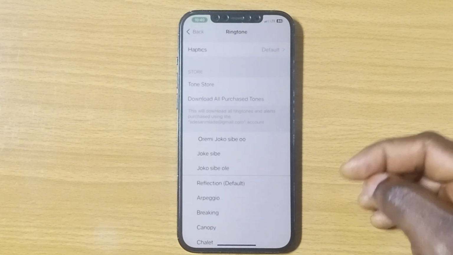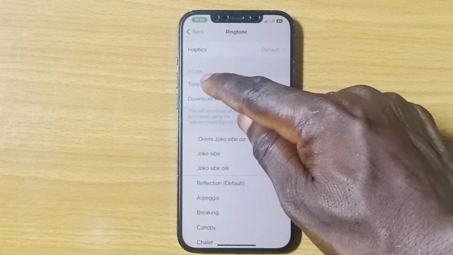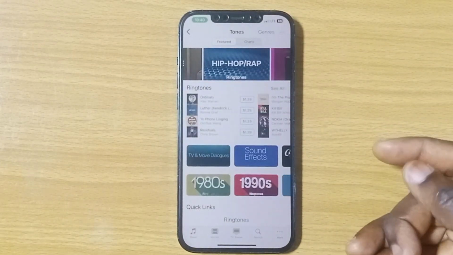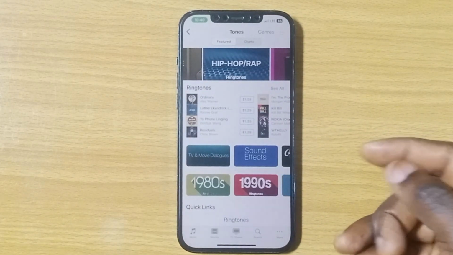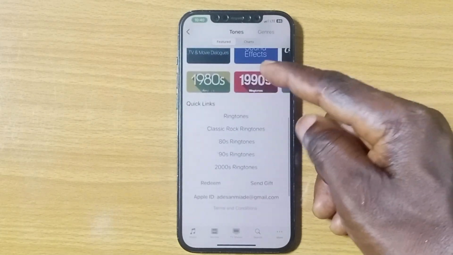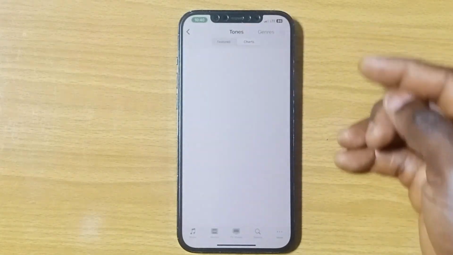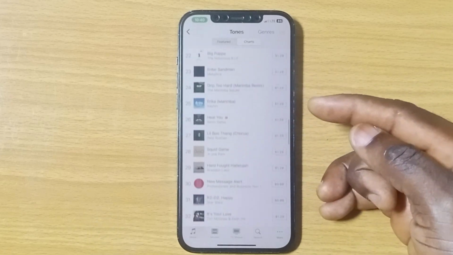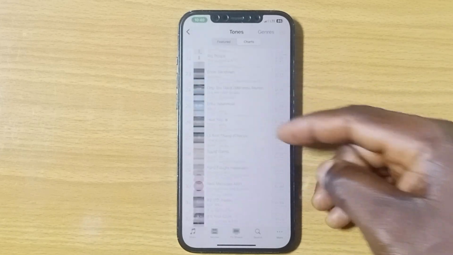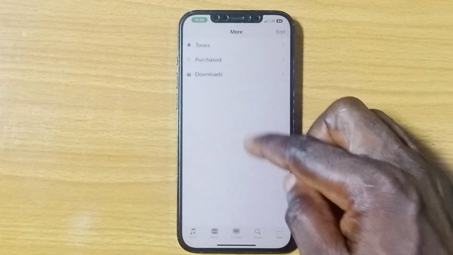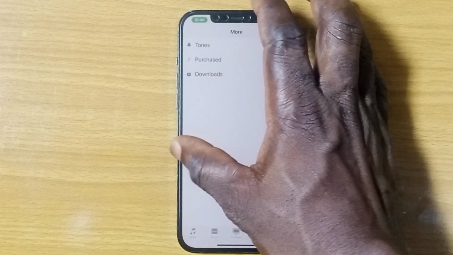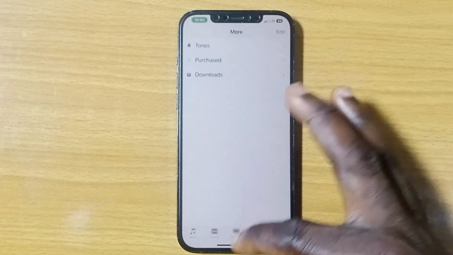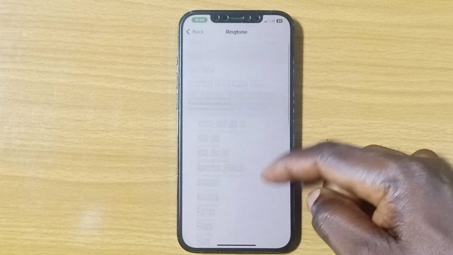Then you may as well go to tone store and get some ringtones for your iPhone, though some of these ringtones here are paid, so you can take your time and see that here. You see chat. Under chat we have so many ringtones here that you can add to your iPhone as your ringtone. So don't forget that by tapping on each of these tones, it's automatically set as the default ringtone for your